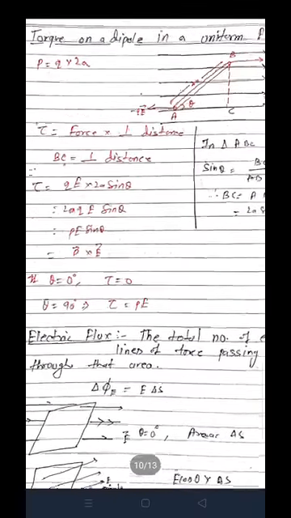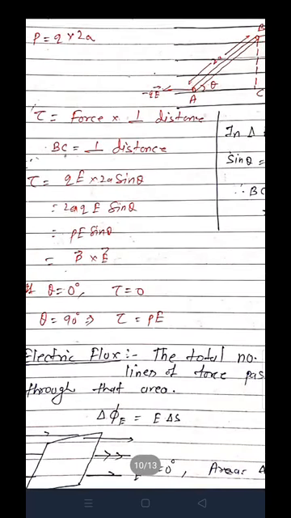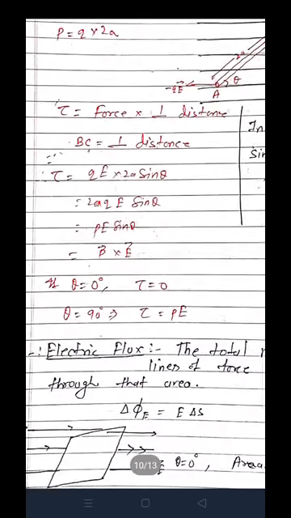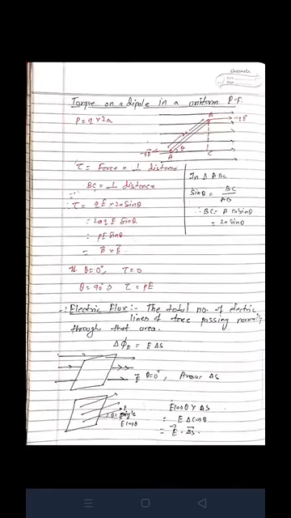Now for torque, force into perpendicular distance. As we know, force is QE and perpendicular distance is 2A sin theta. So it will be 2AQE sin theta. Again 2AQ is the dipole moment, so we can replace it by P. It is PE sin theta, and since it is a cross product, it will be P vector cross E vector. If theta is 0, sin 0 will be 0, then tau will be 0, and if theta is 90, sin 90 is 1, then tau will be PE. This is all the things we have studied about